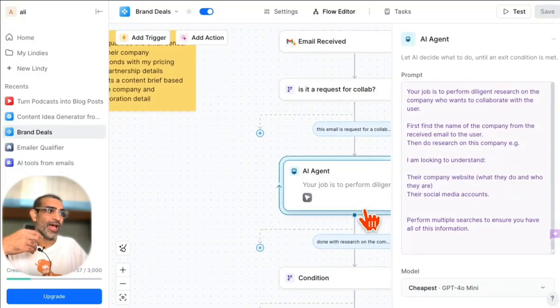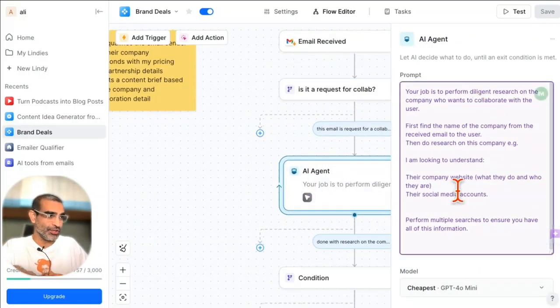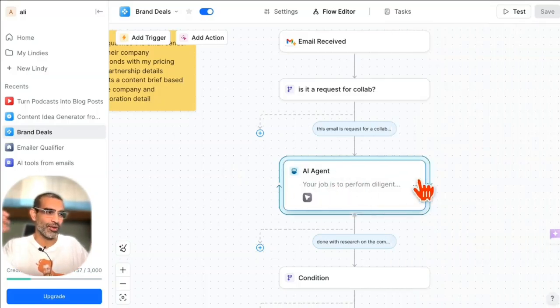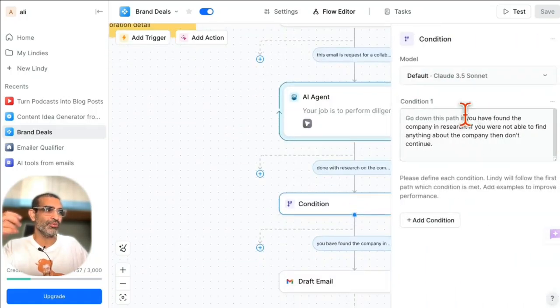If it is, then I use an AI agent to do some research on that brand to make sure the brand is valid, it's good, they have a website, they have a social presence. It's not just like a random person trying to reach out to me and waste time. So this is like a qualification. And once we've done research,